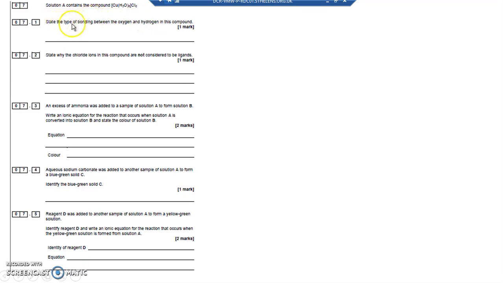State the type of bonding between the oxygen and hydrogen in this compound. We've got waters in there, so the bonding between the oxygen and hydrogen is a covalent bond. State why the chloride ions in this compound are not considered to be ligands. Well, they're Cl- ions just attracted to the [Cu(H2O)6] 2+. There's ionic bonding going on between the Cl- ions and the 2+